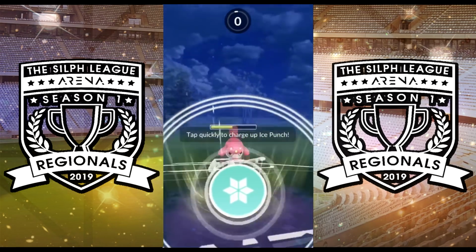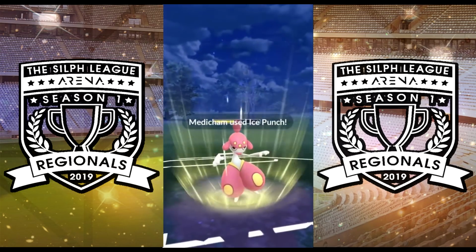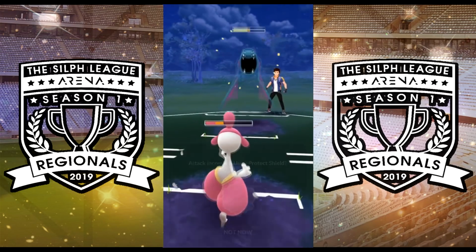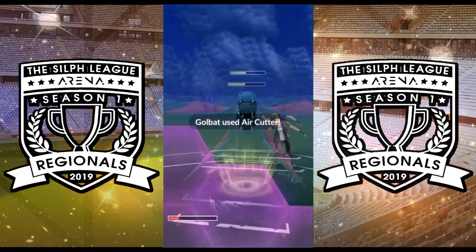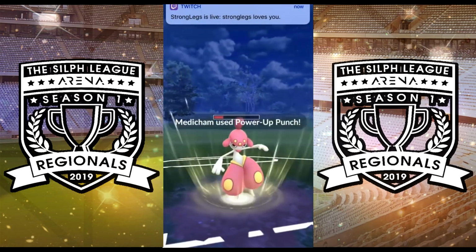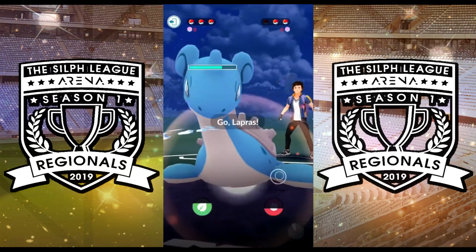So we're gonna go for an Ice Punch when he brings the Golbat out. That's gonna force 1 shield. We have another stored Ice Punch, and that does a decent amount of damage. And we're gonna actually go for the block here so that we can force a shield. We go for the shield bait, and he takes it. So that's perfect. We're gonna switch out Medicham into